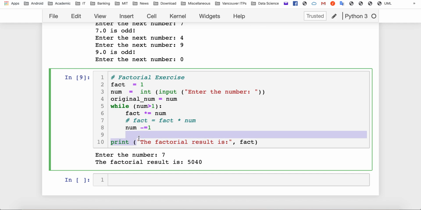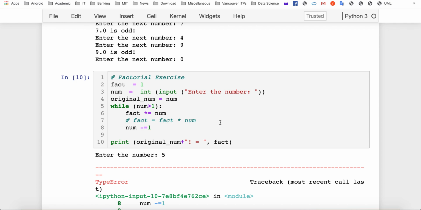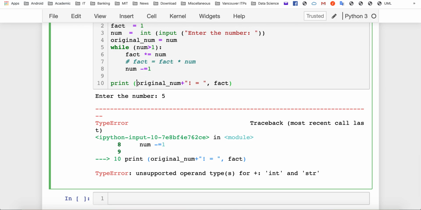We can say, for example, num plus this. Let me take this out. Okay. And yes, we're getting an error because we're trying to concatenate an integer with a string, and obviously we can't do that, so we need to convert this to string. Before we do that,